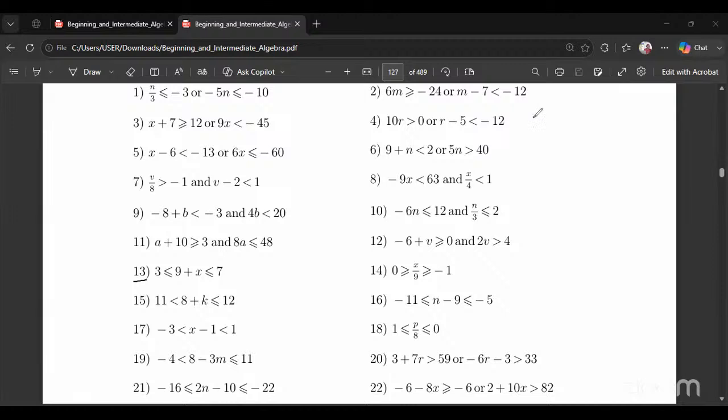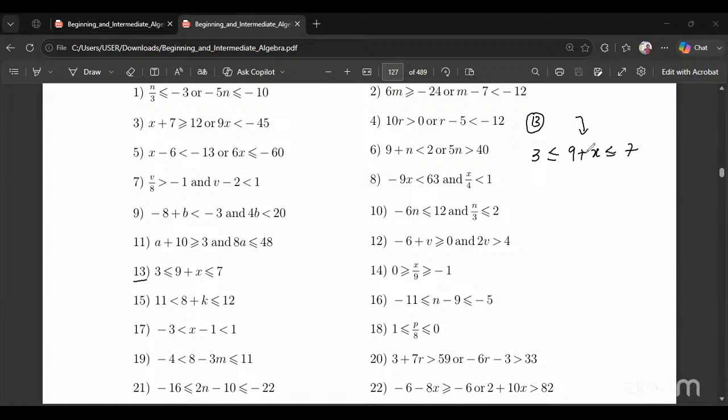So question 13, we have 3 is less than or equal to 9 plus x and less than or equal to 7. So we want to solve the inequality, and once we are done with solving the inequality, graph, we now write the interval notation. So the idea is we want to make sure that the central point of this inequality is just x. We want to get rid of everything in this central point